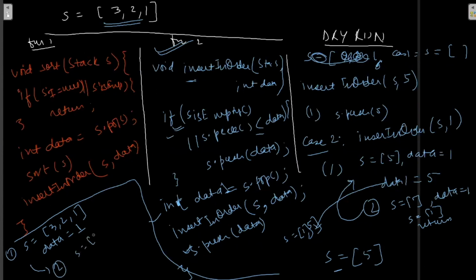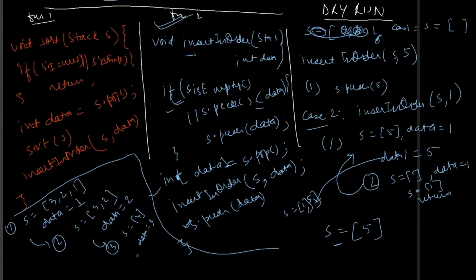At that time the value of the stack came out as 3 and 2, and the data value became equal to 2. And then the third time when it went, the stack is 3, right, and data value came out as 3, and then the fourth time the stack got empty, and then I have to return back, right, I have to return back. So this is where the recursion comes back in step 3. Now when it comes back to step 3, at this moment it makes a call to this function insert in order, right? So when it makes a call to this function, at that time the value of the stack is empty